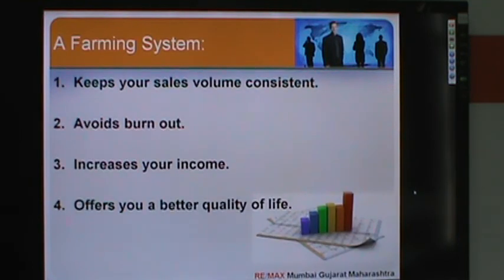So farming is a tried and true method of prospecting. It is soliciting business from people you do not know or have a relationship with. You may farm a geographic area or neighborhood or a niche market. A farming system keeps your sales volume consistent. You do not deal with high peaks and low